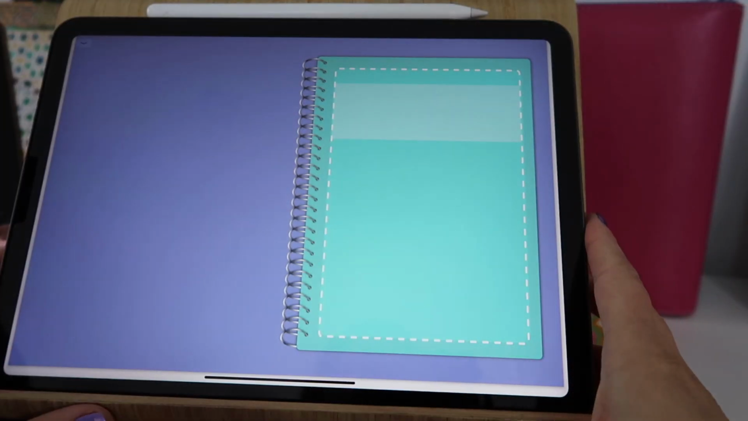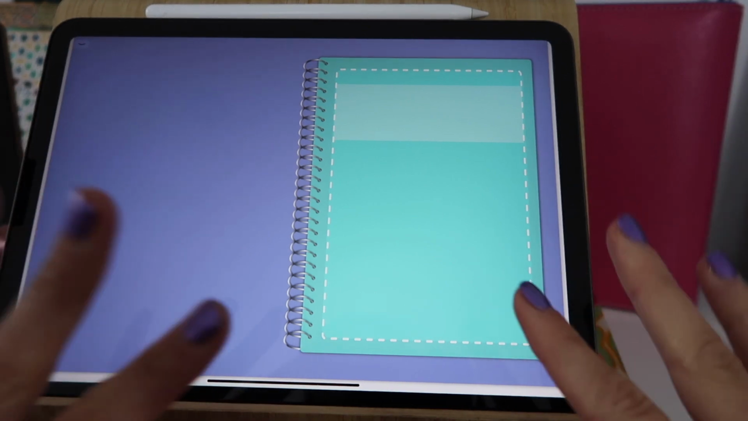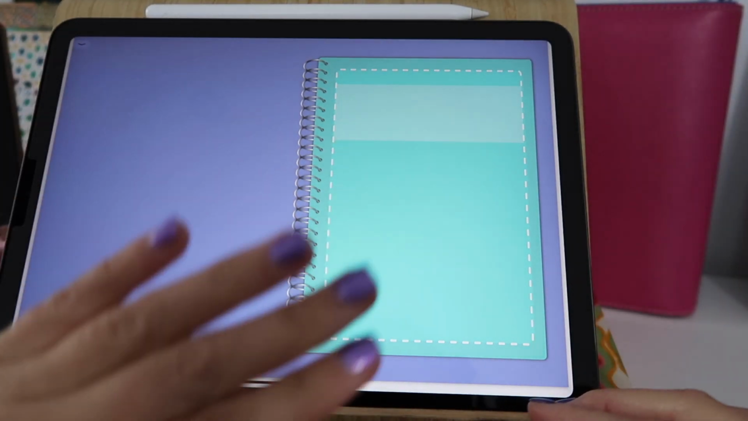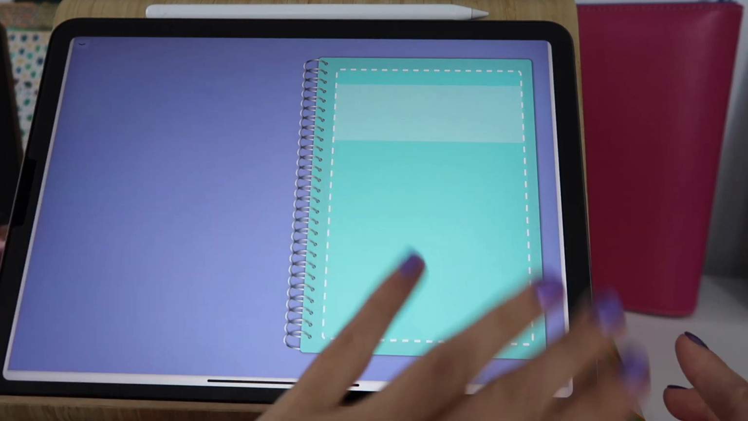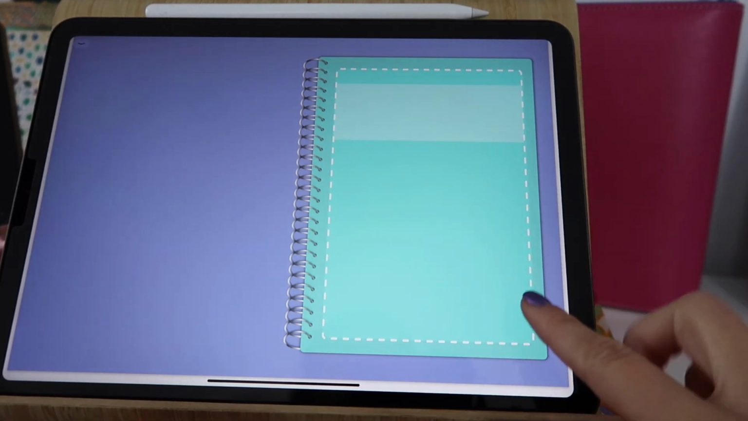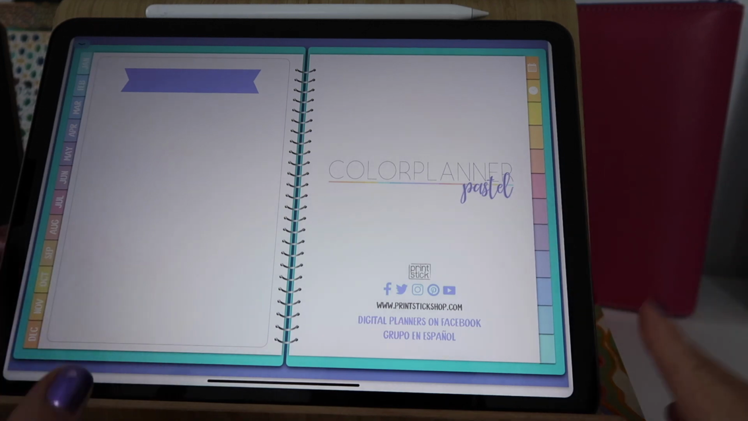Okay, so we are going to start from the beginning, and that is with our cover page, which in this case is purple with a teal cover, but again, you have different color options to choose from if you decide to get this planner. So from here, you actually have a hidden link, which is on the bottom corner of the cover. So if you tap there, the planner is going to open and you are going to arrive to